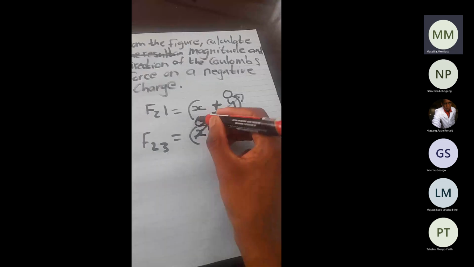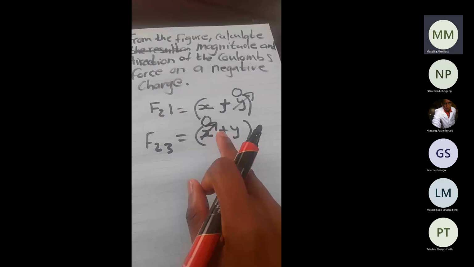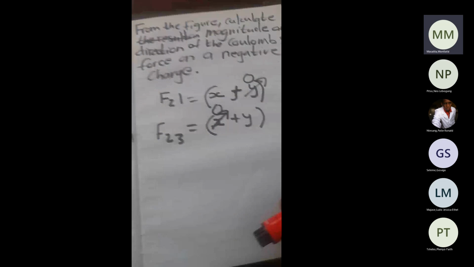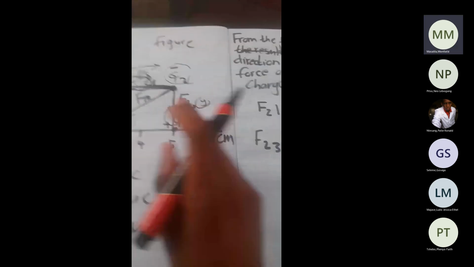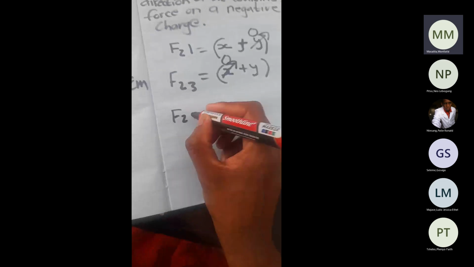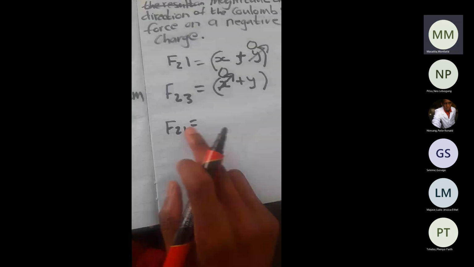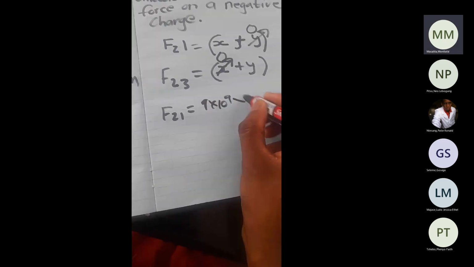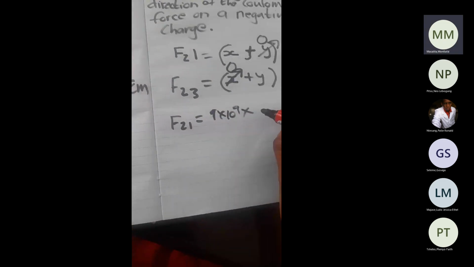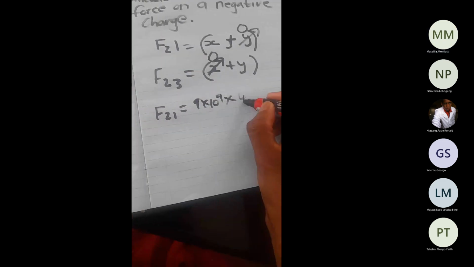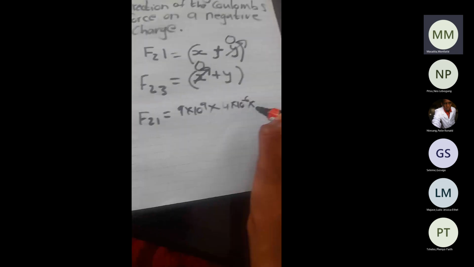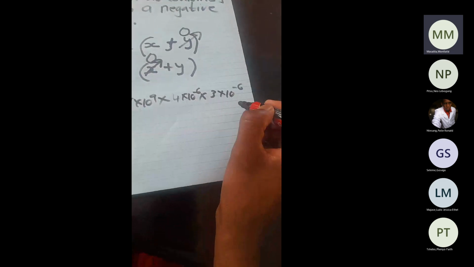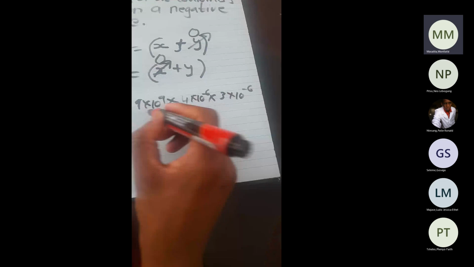Here x is 0. So after that, we add our x, we add our y, we calculate the magnitude. So force due to 1 is 9 times 10 to the power 9 times charge number 1, which was 4 times 10 negative 6, times charge number 2, which was 3 times 10 negative 6, over